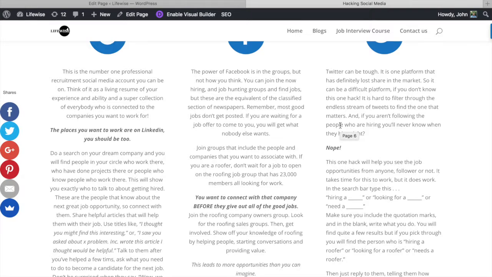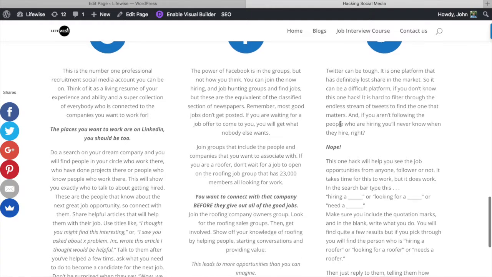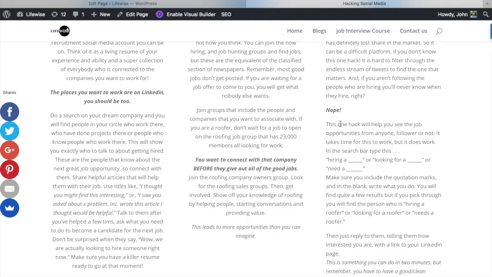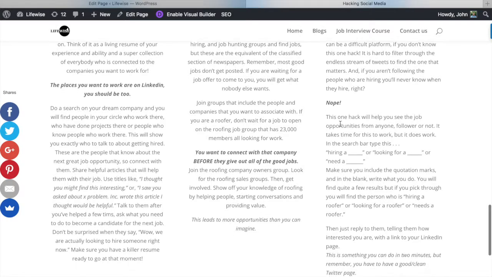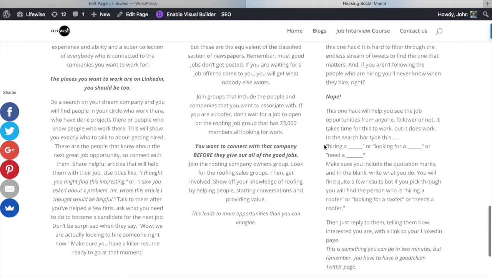I'm not a big Twitter fan, but there is a hack. Twitter's still alive, and they're still trying to keep life in it. And there's one hack for Twitter that absolutely works, and I've done this. You can do this for almost anything that you want. But in the search bar for Twitter, when you click on the little magnifying glass, put quotation marks, and then put hiring